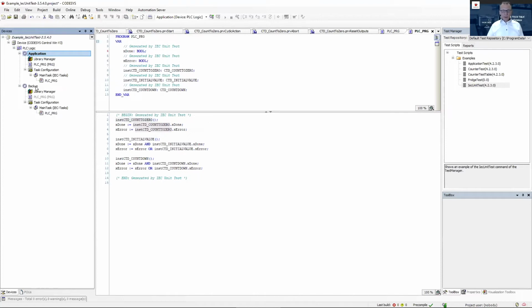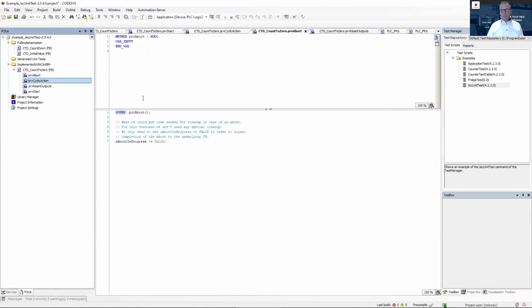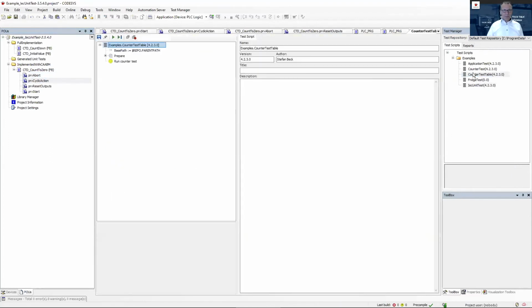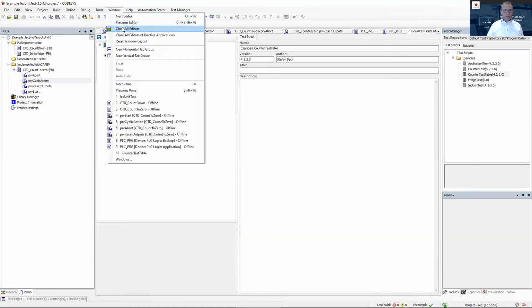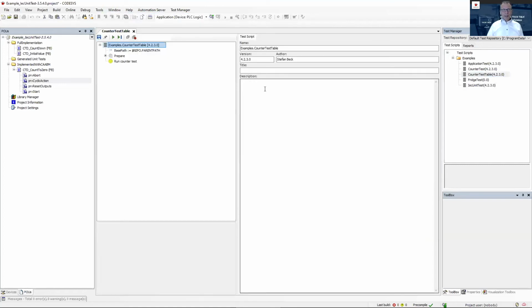Yeah, especially for those of you who are familiar with library development, this is the tool you should have and should use. Last but not least, I want to show you the same thing, but not by programming manually these codes, but by doing that by means of a test table. Perhaps I close all editors before I do so. Coming back, same thing here. I prepare and run an IEC unit test. But in this case, that project that will be loaded is not realized by means of manually coded test code, but by generated test code due to